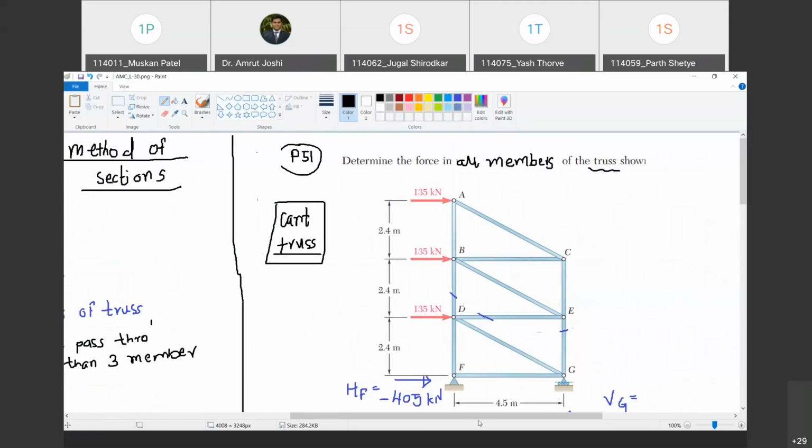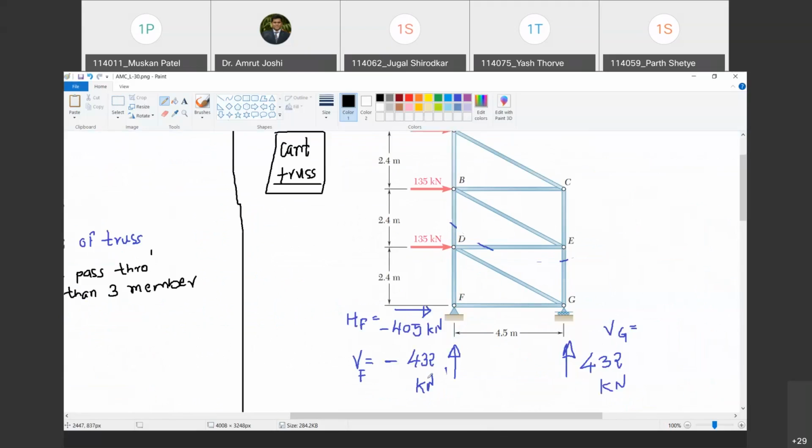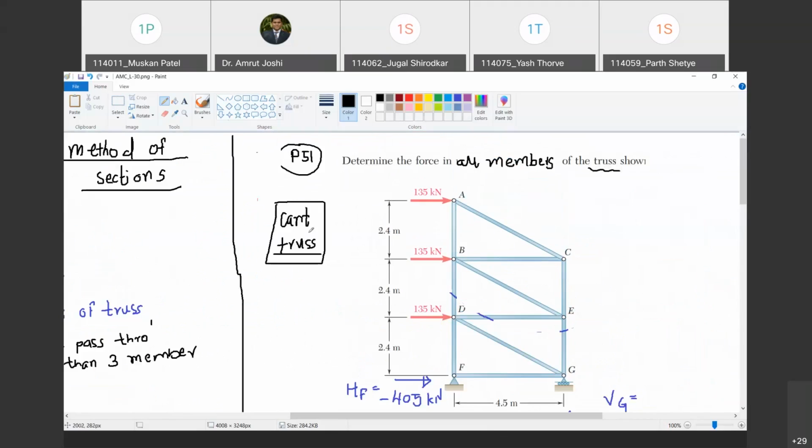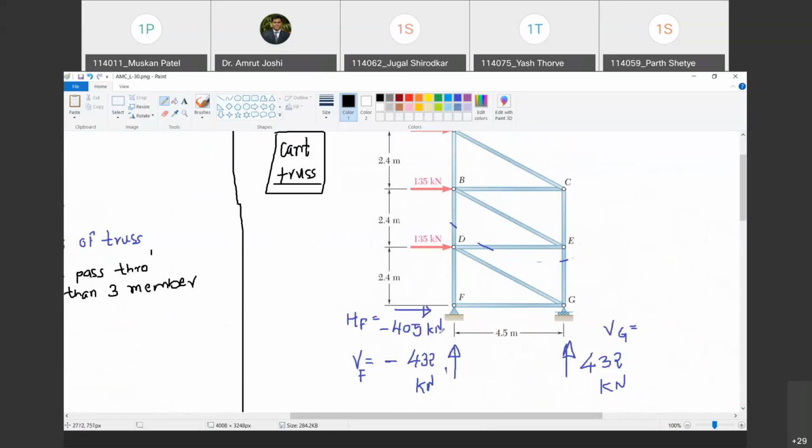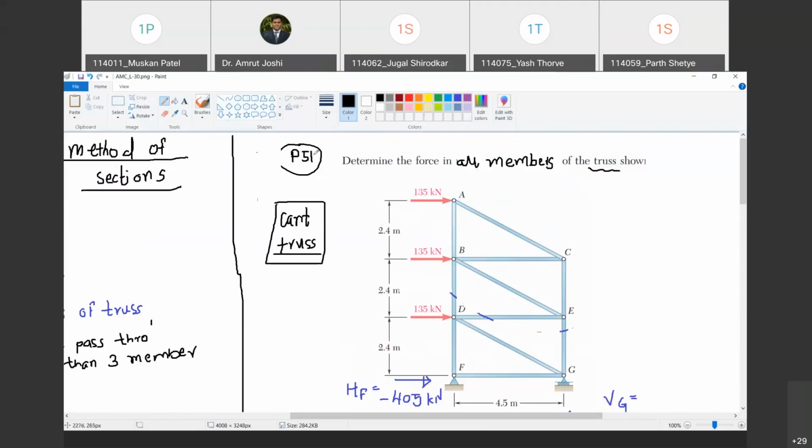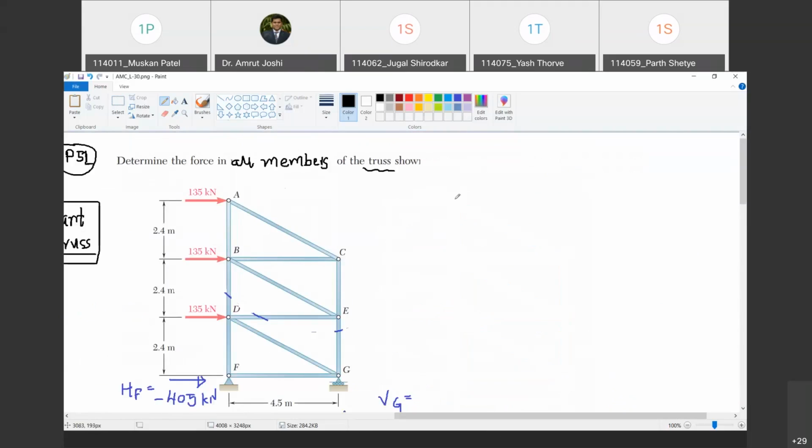तो अब जरा देखो. Anyway, we have calculated the reactions. In this particular problem, this being a cantilever truss, there is no necessity to find out reaction even for the second method, but I have calculated the reaction, so let it be. Are you with me? Yes, sir. Now, what is the first step that we are going to do? Now, we draw a free body here as well, but we do not draw the free body diagram of a part of a truss above or below the section taken. नहीं, यहाँ से section लेना ही नहीं है. Are you with me? Yes, sir.